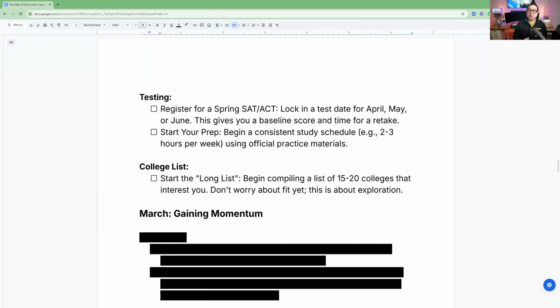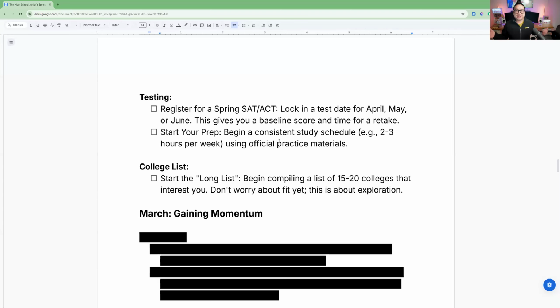Next thing is going to be testing, right? So again, seeing if you should or need to take a test, make sure you register if you haven't done so already. These tests are in April, May, June time. Again, we prefer to try not to take anything in senior year. You're already stressed out with your apps and everything anyways. Why add one more thing to the plate? So try to finish most of your exams before the end of the year if possible. And at this time also, we're going to start having you guys start thinking about the college list, right?